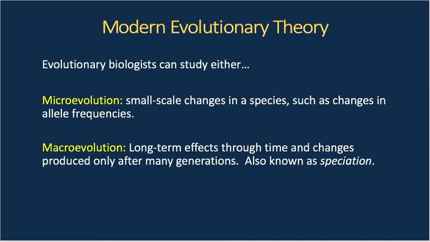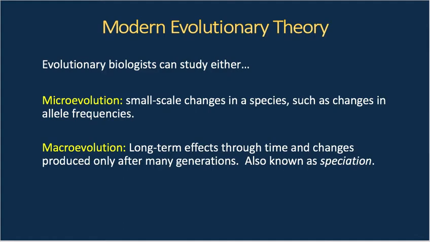This lecture is going to be pretty short. It's going to be on something called the species problem. We will get to what exactly the species problem is in just a moment. Before we do that, though, I just want to talk a little bit about modern evolutionary theory. We've spent a lot of time talking about the progression of evolutionary theory from a historical standpoint. So I just wanted to talk briefly about evolutionary theory as it's studied today.